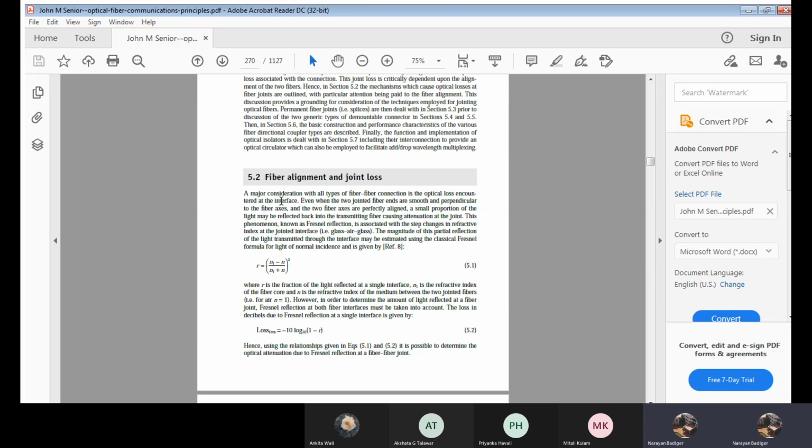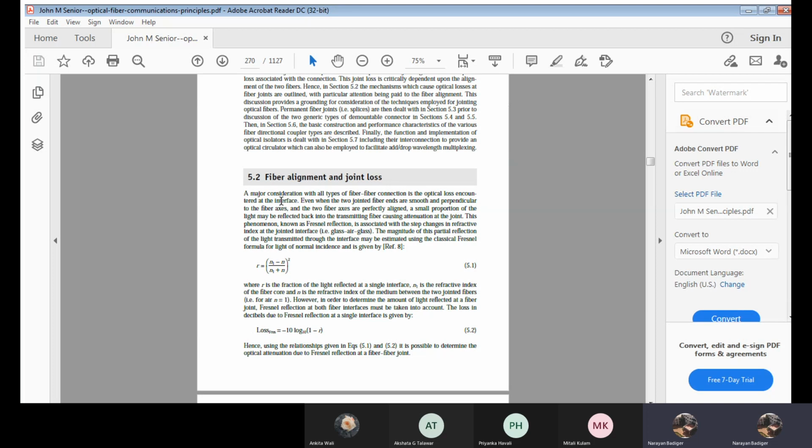No, it is with smooth ends, and perpendicular to the fiber axis, meaning the axis of the first cable and the axis of the second cable should be in line. Even if the two fiber axes are perfectly aligned,